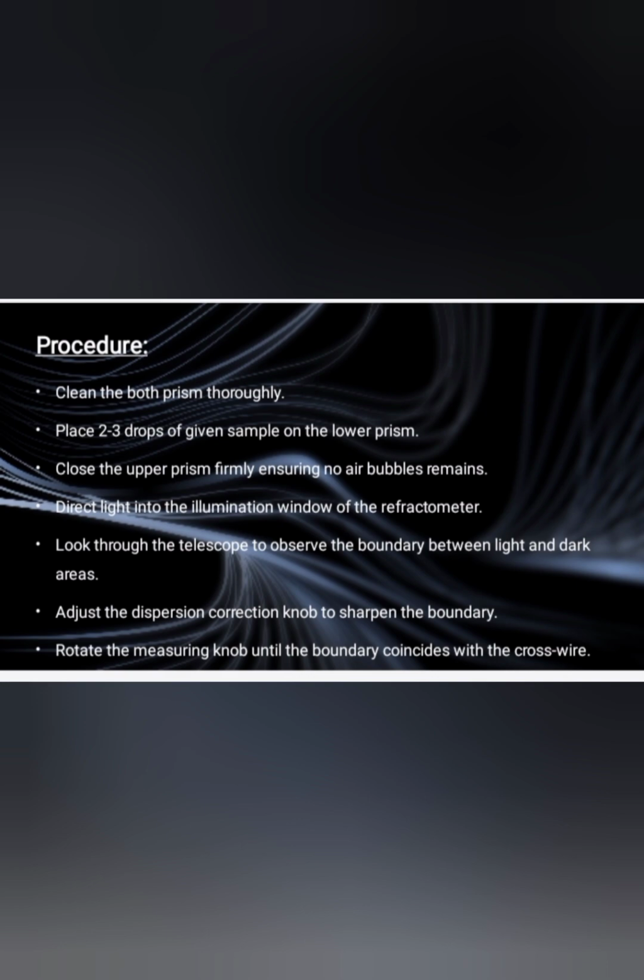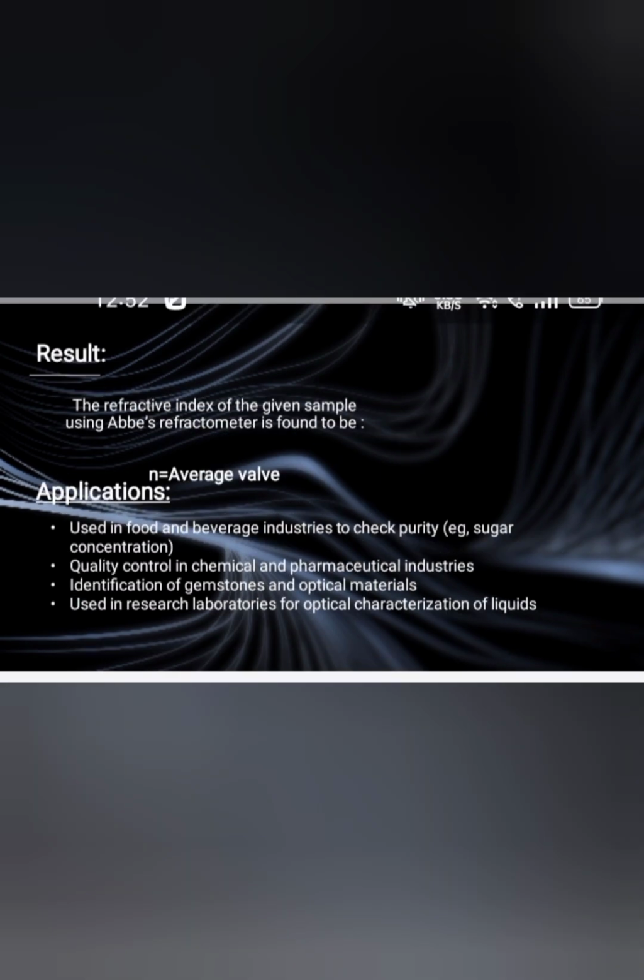Adjust the dispersion correction knob to sharpen the boundary. Rotate the measuring knob until the boundary coincides with the crosswire. Note the refractive index reading from the scale. Repeat the measurement to obtain the average refractive index reading. Result. The refractive index of the given sample using an Abbe's refractometer is found to be n is equal to